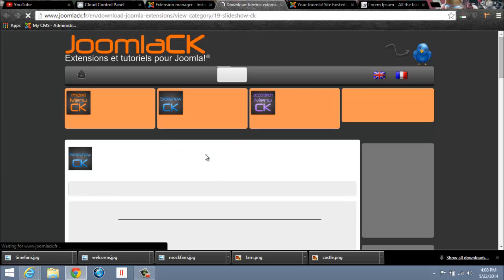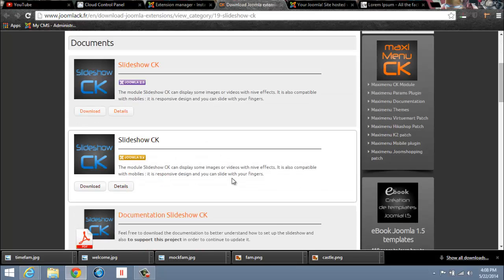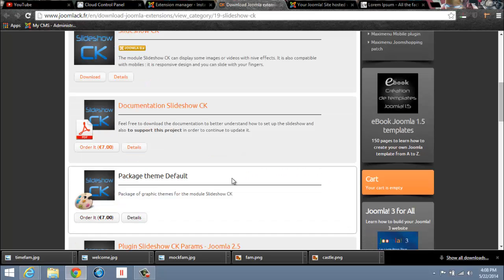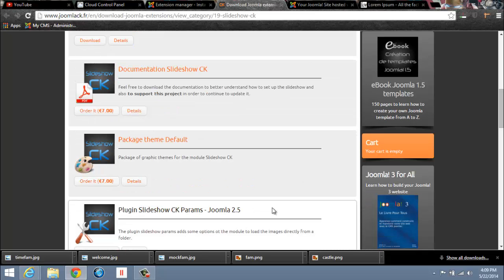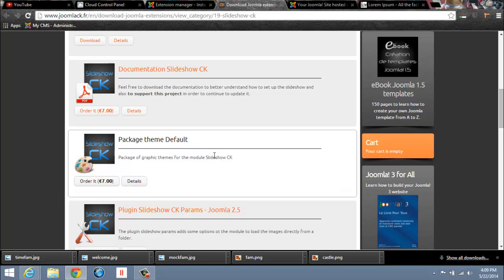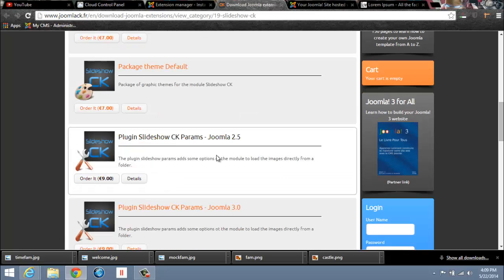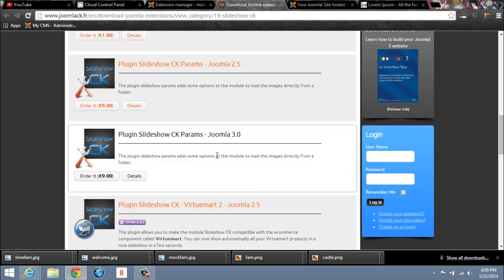So let's download this. Okay, now this is good that it's making us do this. This way it'll teach you how to do this. Sometimes you can't just install it from the back end of your Joomla site. Sometimes it makes you go to the website of the person who developed the plugin, and you have to download it from there. So in that case, we want to scroll down